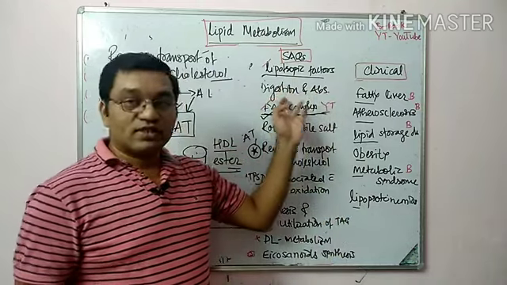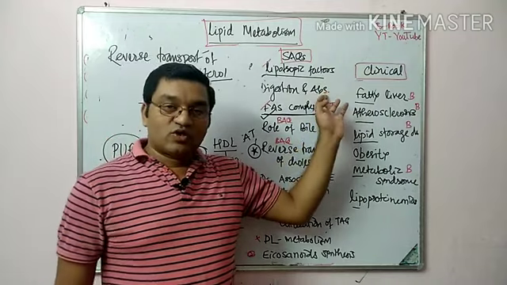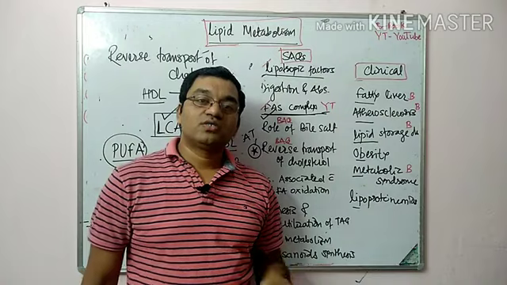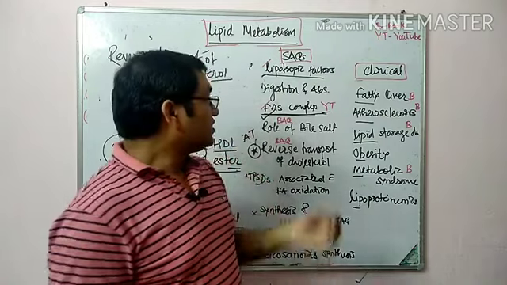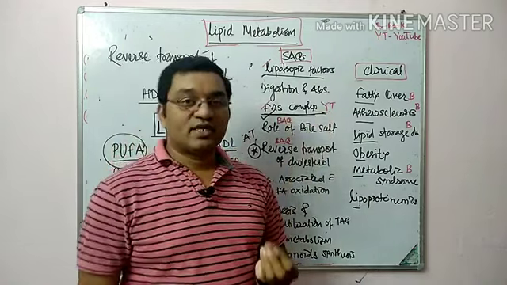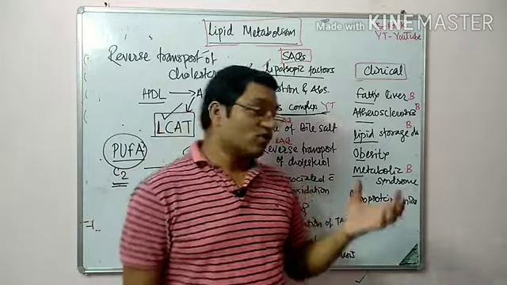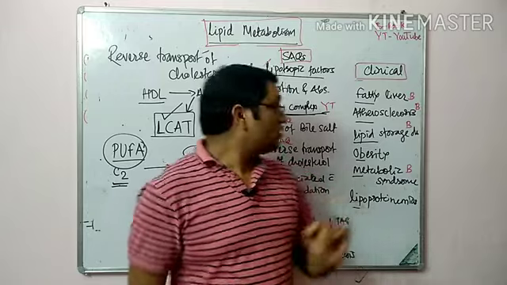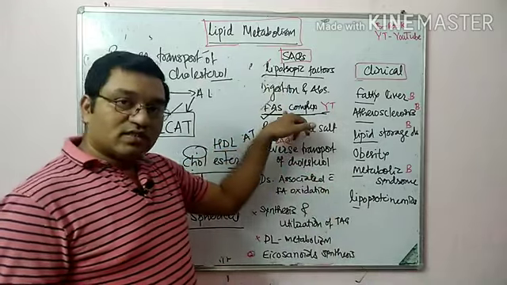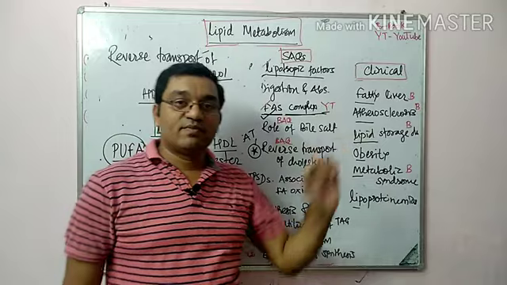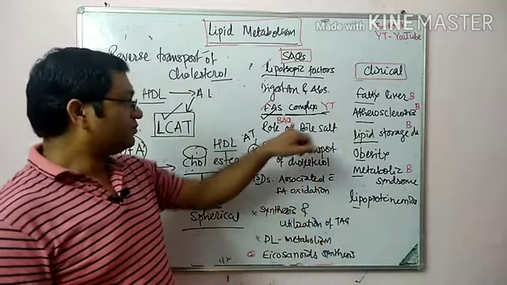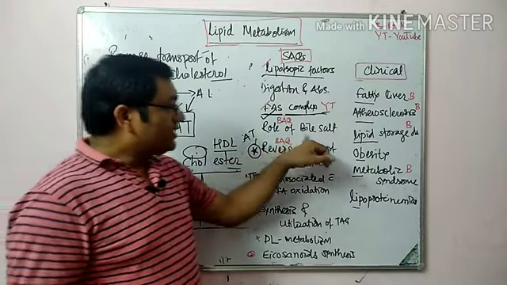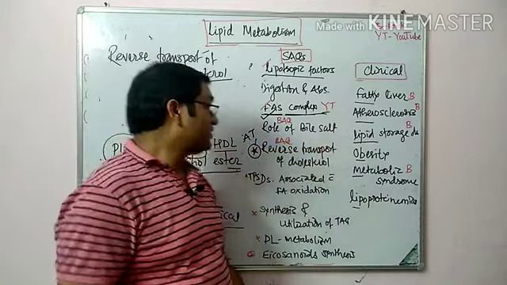In digestion, the role of bile salt is important. In absorption, there is micelle formation. Once it gets back into the intestinal mucosa, re-esterification occurs and absorption into the lymphatics occurs. Long chain and very long chain fatty acids are absorbed into the lymphatics, while medium chain and short chain fatty acids are absorbed directly into the bloodstream. The fatty acid synthase complex is composed of 7 enzymes and 1 acyl carrier protein, ACP.